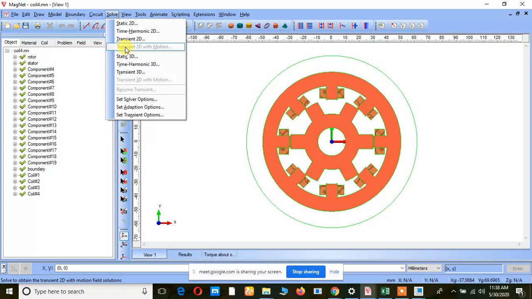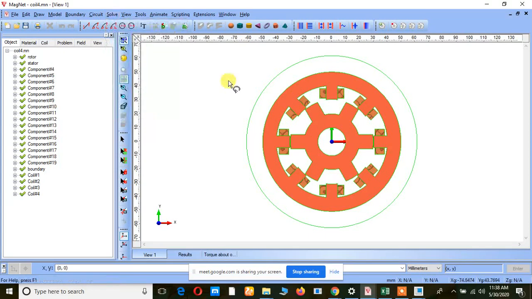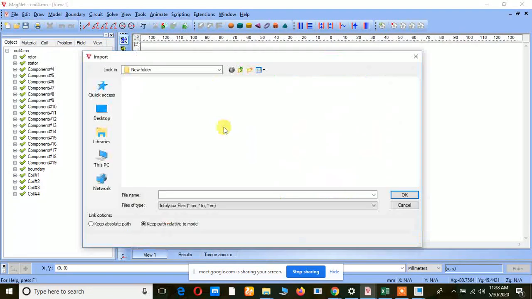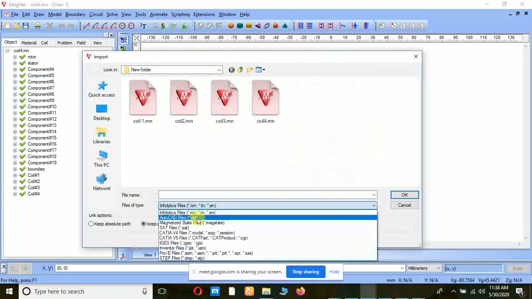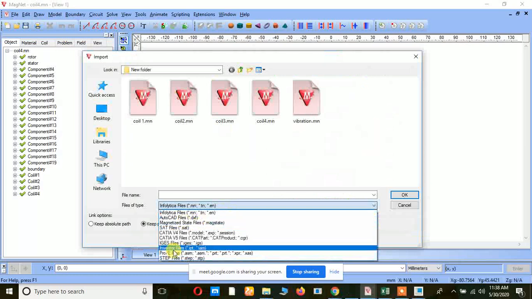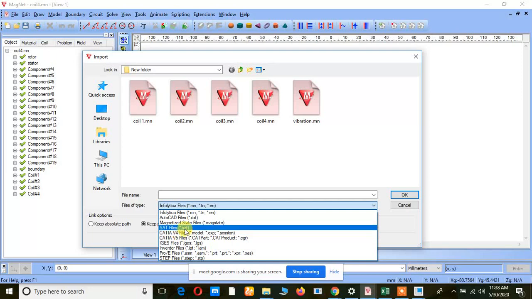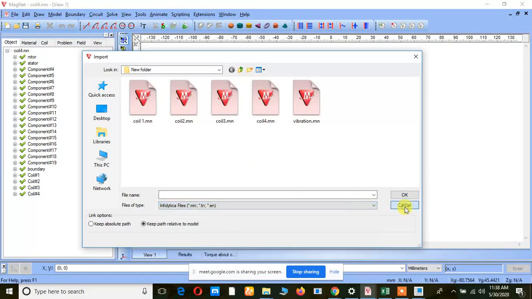Moreover, we can do geometry modification such that the torque ripple is reduced or minimized. We can go for a claw pole or a tapered pole; any type of geometry modification we can do. The thing is, we need the diagram here. Either we can draw the diagram or import it. The import can be done from an AutoCAD file, a ProE file, an Inventor file, a CATIA file, or a SolidWorks file. Any file we can import here, so that is the main advantage.